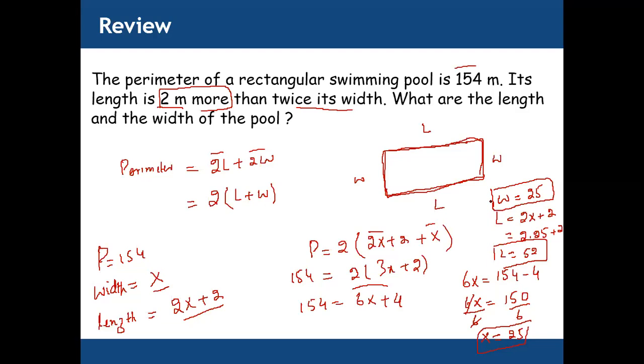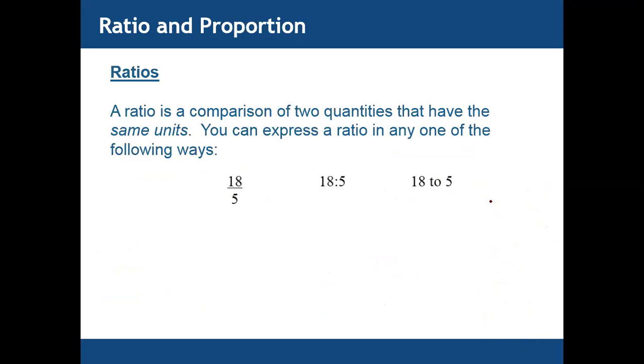Yes, sir. Okay, good, excellent. So now we have ratio and proportion. Nisbat o tanasub, ratio and proportion. What is ratio? Actually, ratio is a comparison of two quantities, but both quantities must have the same unit. Like length can be compared with length, weight with weight, height with height. So a ratio is a comparison of two quantities that have the same units.